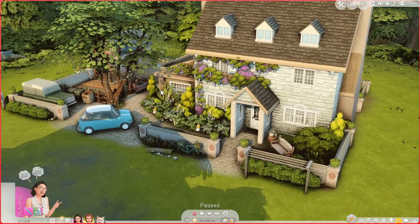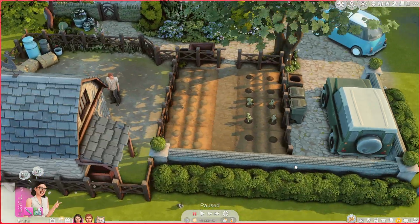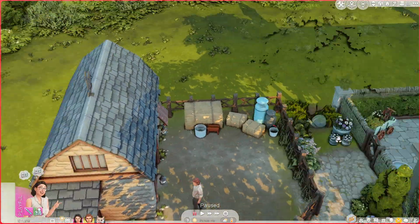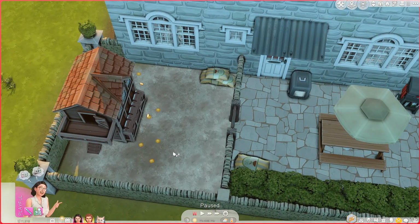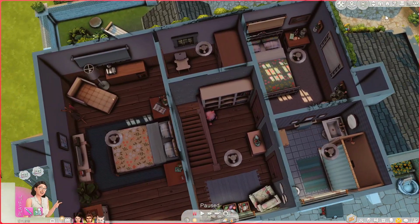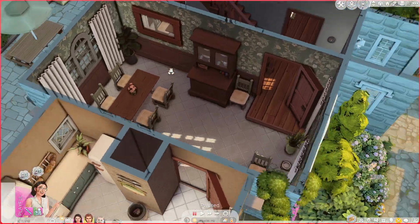I feel like the house prices wouldn't be too expensive, but they have everything here that they need. There is an area for their crops. There is also an animal pen here where they have a cow, and a back garden area. They also have their chickens out here too, and as you can see, it's a two-bedroom cottage. They have a guest room over here, and it's just really cute, really cozy,